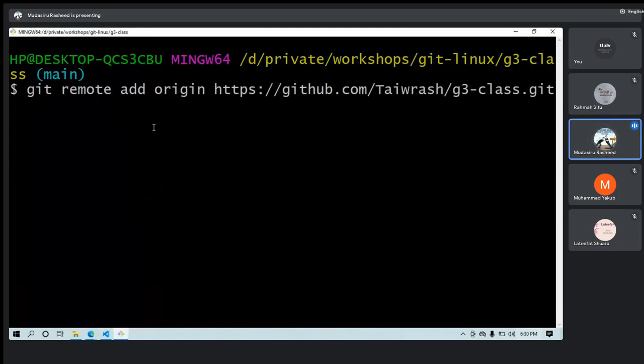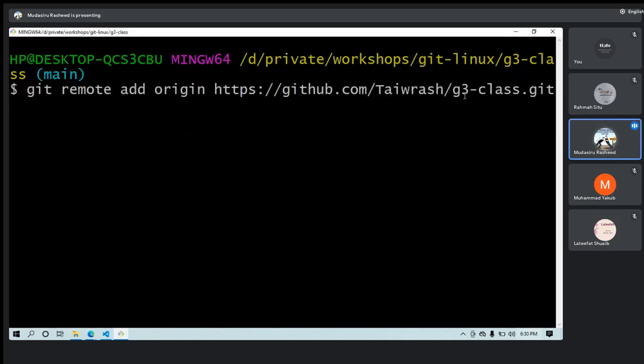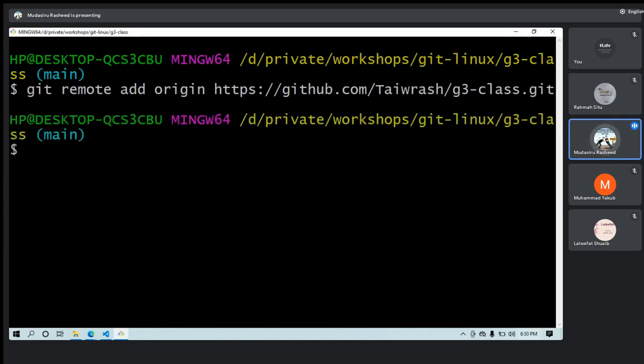You are free to write it out. Again, write it out and say git remote add origin, then the URL to that particular repository you want to add as an origin to this. Then just push enter. If my network is good, I've successfully added it. You did not get a message, but if you did not get an error, it means success.